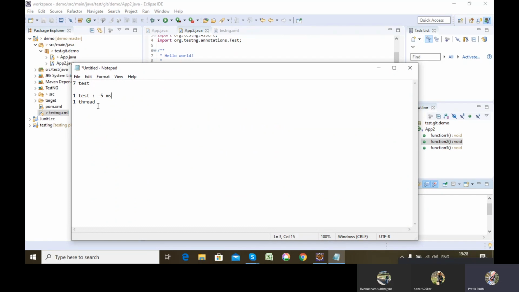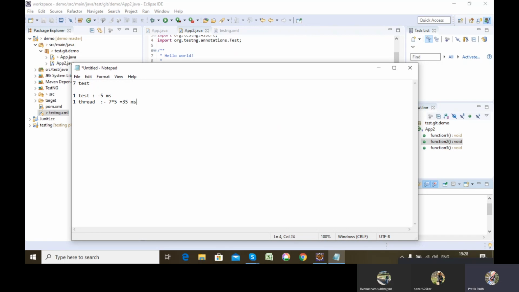As earlier it was running in one thread, the total time taken was 7 into 5, that is 35 milliseconds.